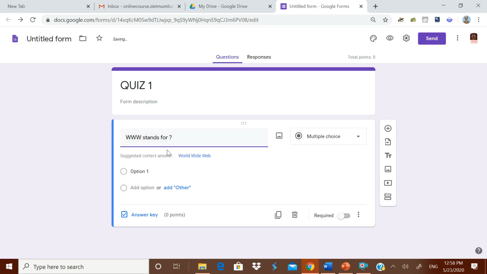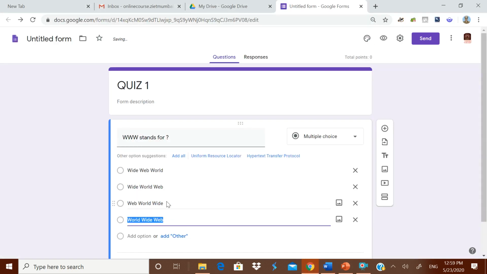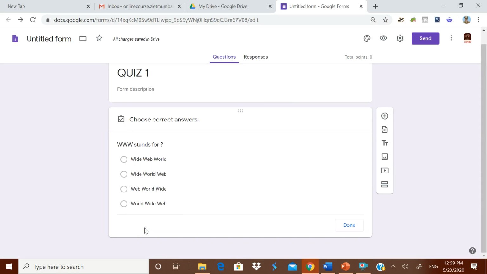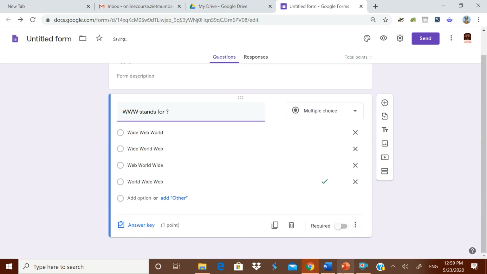Okay, well now I have pasted question number 1. I am going to paste the options. You can copy all the 4 options. This is one advantage I told you: when you type it, keep it ready. Now you have to go for the answer key. You know that D is the answer. We can give points to it and then you can click done.